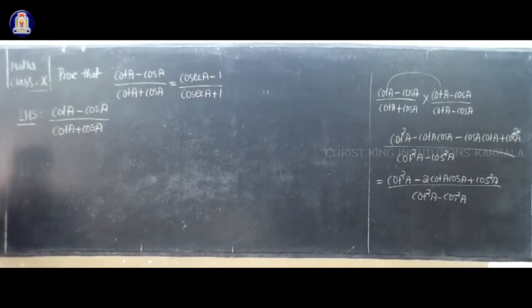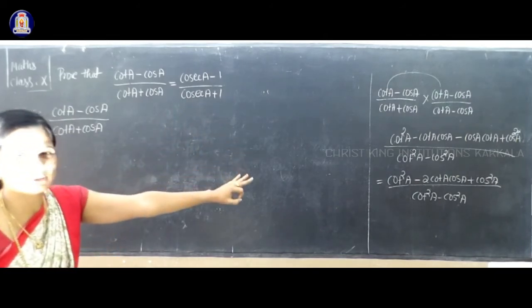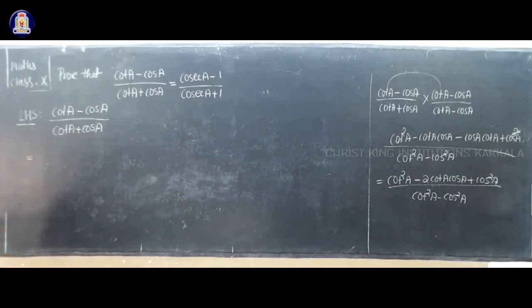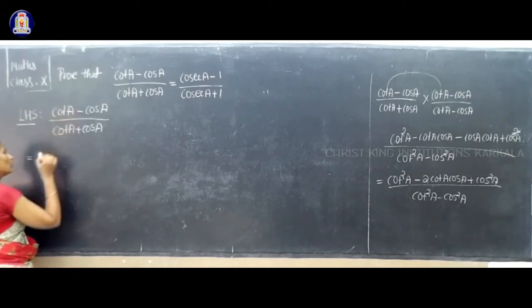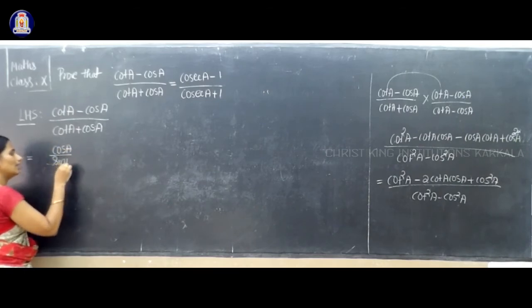So rationalization is not possible for that case, right? Identity is not possible, rationalization also not possible, and it is very difficult to get the answer. So two methods are not possible. Which is your next method? The next method is applying the definition. That is cot A. What is your cot A? It is cos A divided by sin A, right?